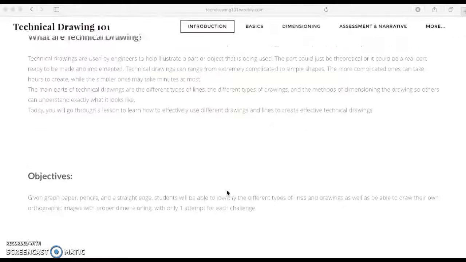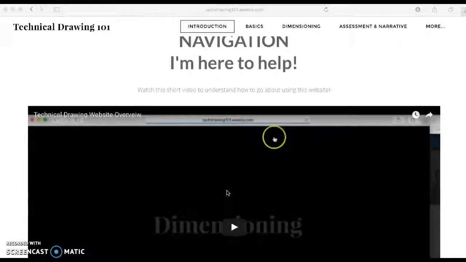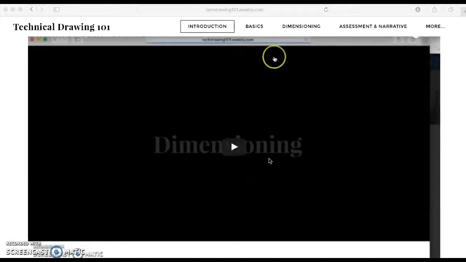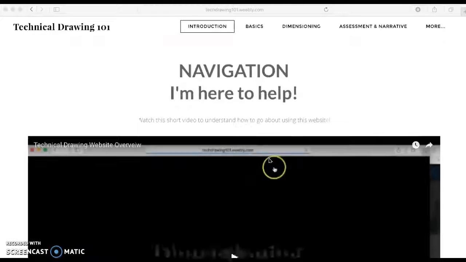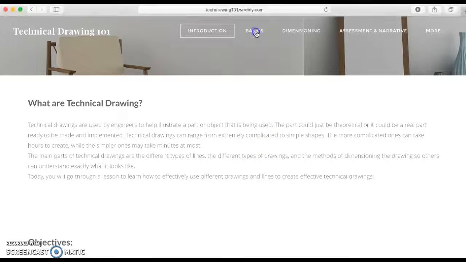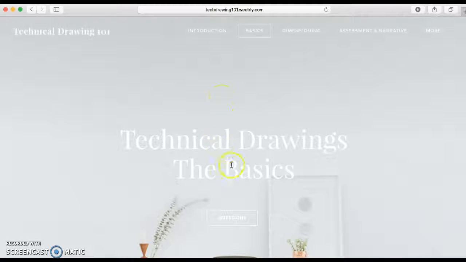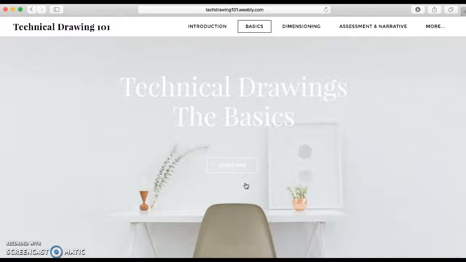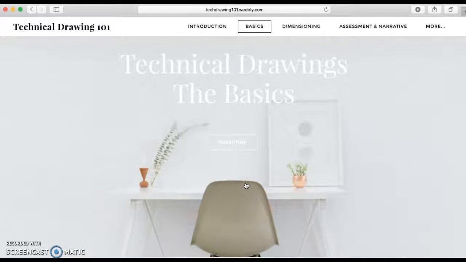drawings are. And then down here, this is where you'll be right now, is where you can find a quick overview of how to go about going through the website. So you want to start by going to the Basics tab, and then there's this cute little picture right here. And if at any point you have any questions, there's a button right here. Go ahead and click that, and that'll take you to the last page, the questions and resources page. And you can go ahead and fill out one of the question forms, and I'll respond to it as soon